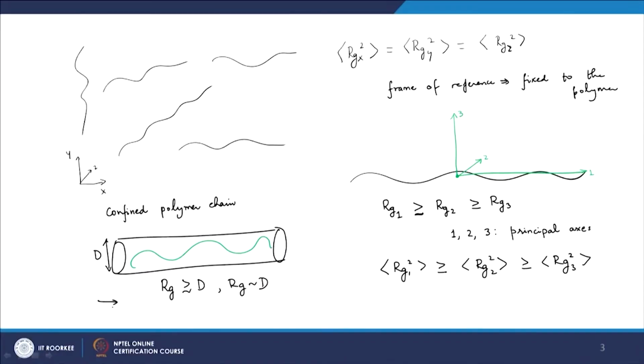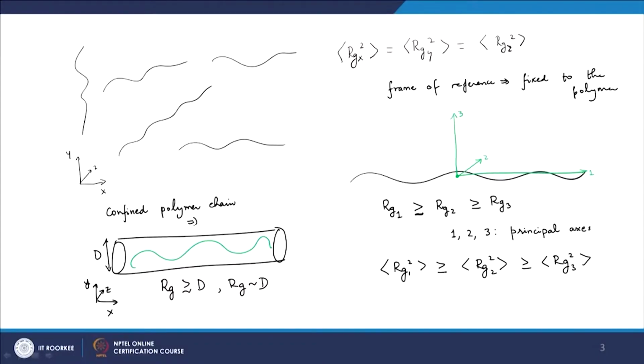So, in this case, if I fix my axis, I will see that along the x the chain will be more elongated, and along the y and z they have to be less elongated. Okay. So, for a confined polymer chain, we can work with a fixed reference frame,